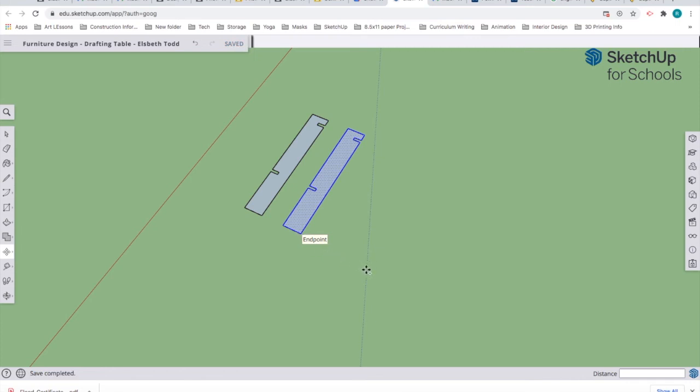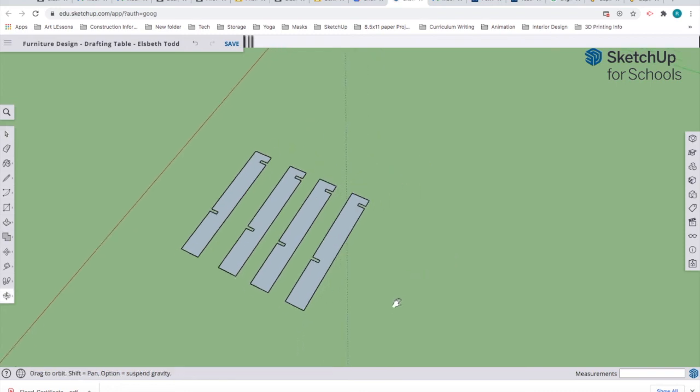Option, away, do the same, let go, click again on the corner, hold the option key, and then pull that away. All right, so now I have my legs drawn,